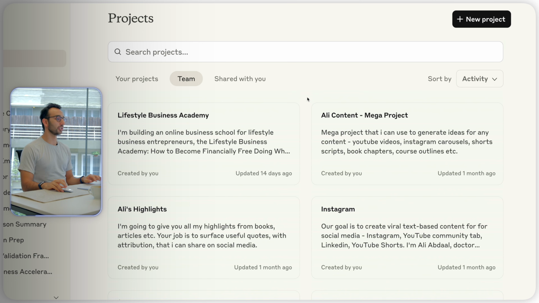So now we're here in Claude's project section, and I have a project for various different things I'm doing. The whole idea behind a project is that you can then reference the same kind of files from a particular project. And so Claude then has context over what specifically you're doing within that project if you're context switching between software and content and courses, or whatever your situation might be.